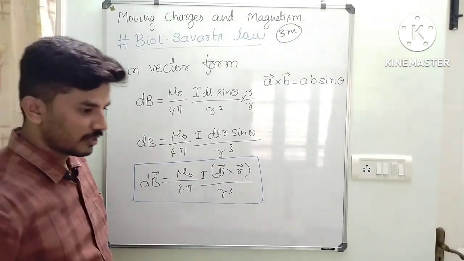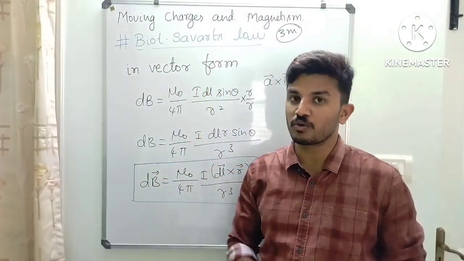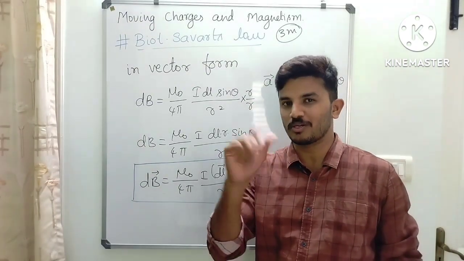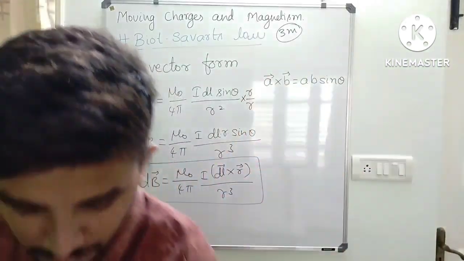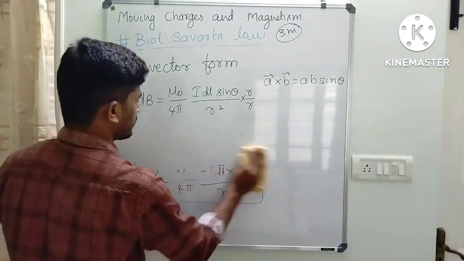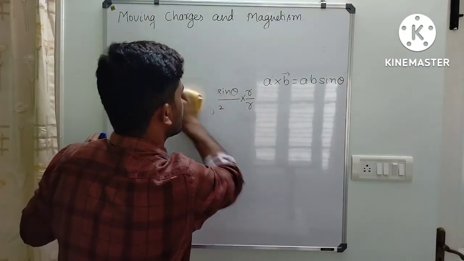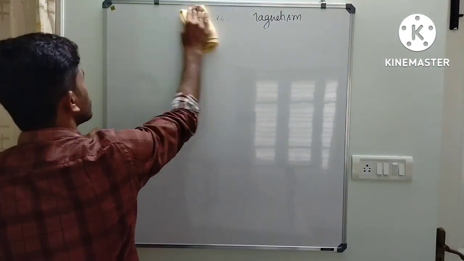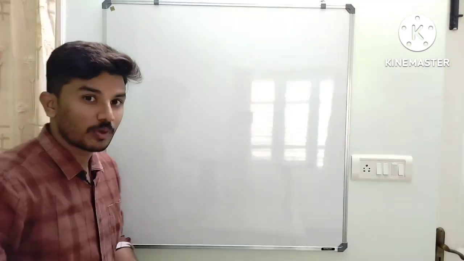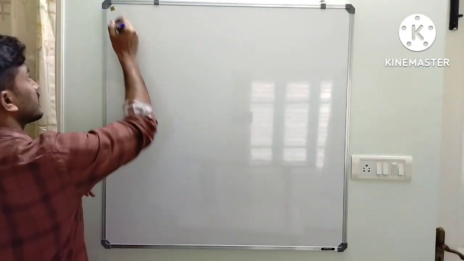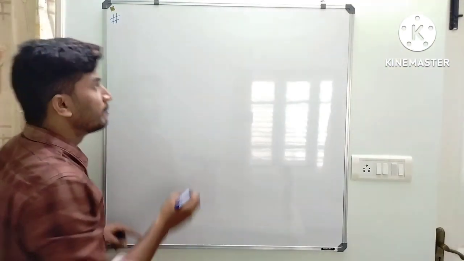Okay. Now, I am going to explain you one of the most important derivations from this chapter. In this chapter, for board examination especially, we have two important 5 marks questions. In that one, I am going to explain today. Okay, listen carefully. Now, what is the question? The question is like this. Derive an expression for magnetic field